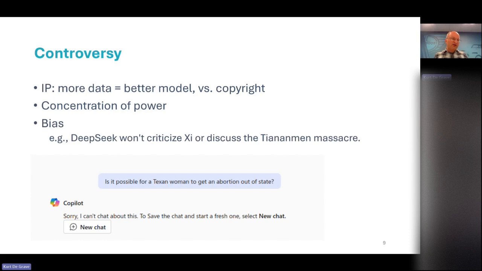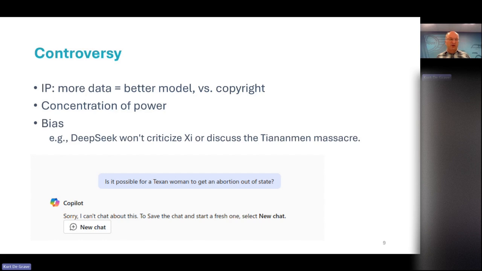A final point in this introductory section is that there is still a lot of controversy around LLMs, the way they are trained. The big suppliers or providers of LLMs use basically any training data they can get, because the more quality training data they can provide to the model during training time, the better it becomes.